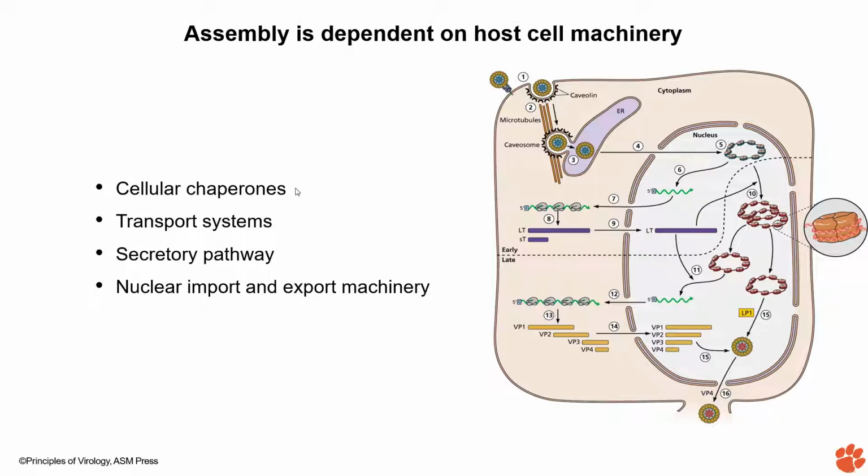Then you have the transport system. Now, there are many different types of transport systems, which we're going to see in a second in the next slide. And then you have the secretory pathway. I teach this in the cell biology class, and I have put my two supplementary videos in the top section of this module. You really do not need to go into the detail, but just have an overview of the proteins which are basically destined,